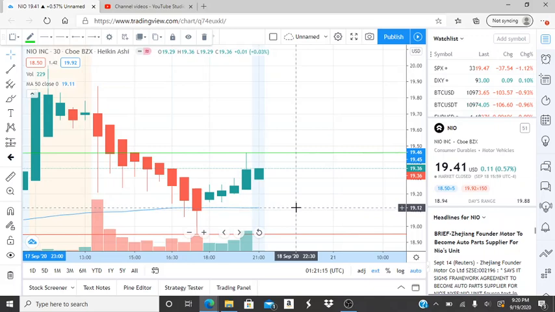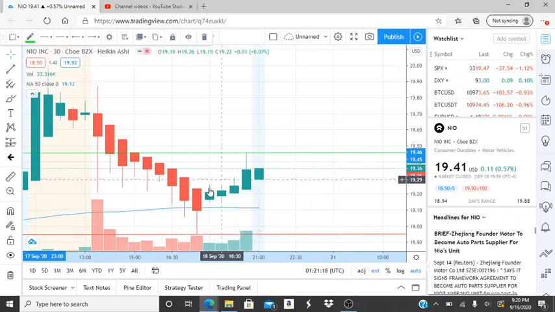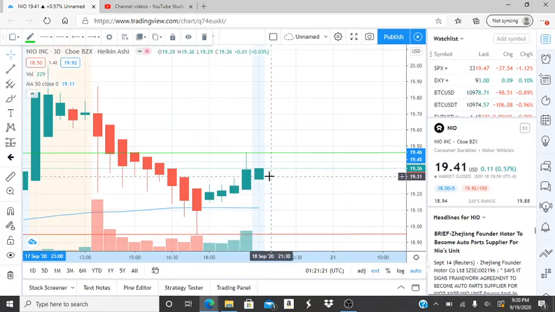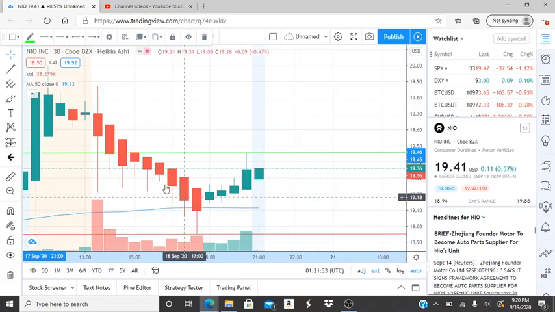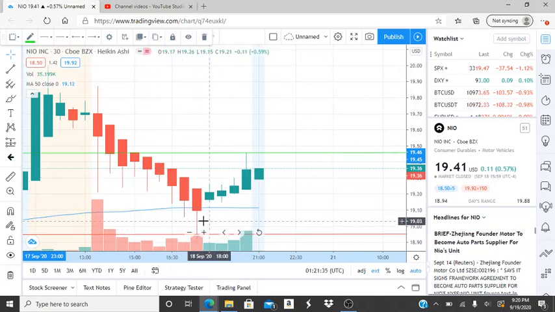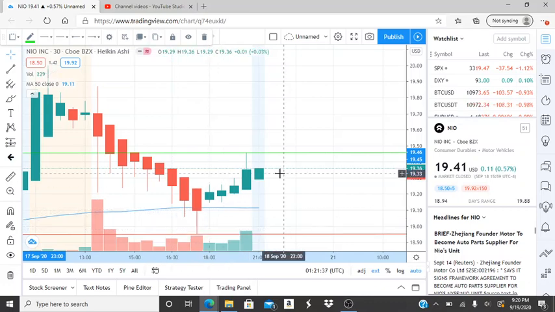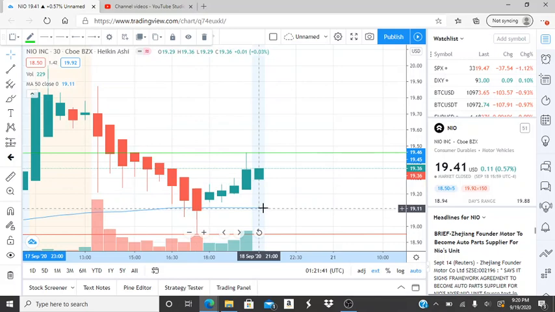19.11 is very important because it lets us know which side of the chart we're in. The bulls recovered it. They have not fully gained control because this can quickly be lost. If the 50-day moving average gets crossed in a downward direction, the bears are starting to gain control. The bulls did a really good job at stopping the bears from taking this further down and recovered it, but they need to use this momentum to continue to work their way further away from 19.11, the 50-day moving average,